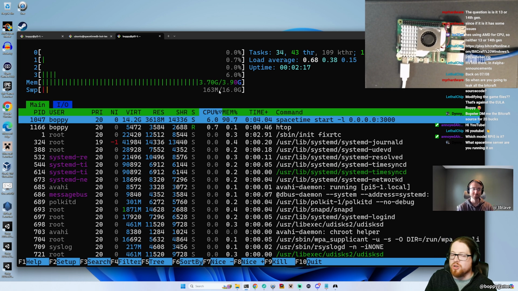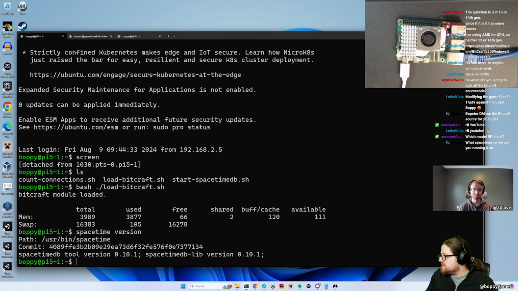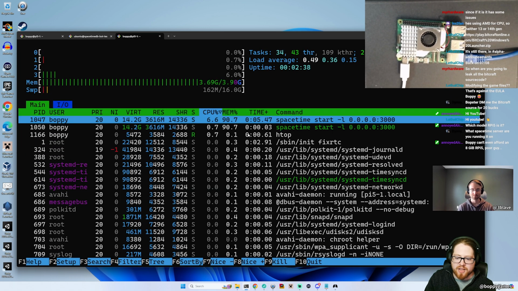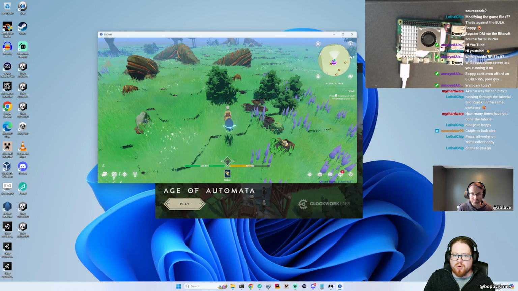Which Spacetime server are you running it on? Let's take a look. Spacetime version, just whatever's on the page for SpacetimeDB.com. So this is 0.10.1 is what we're running. Great question, Denny. Okay, cool. So we've actually got the Bitcraft database loaded in memory now on the Raspberry Pi. Let's go ahead and get connected. Let's give it a try. Okay, cool. So I think we're pretty much ready to